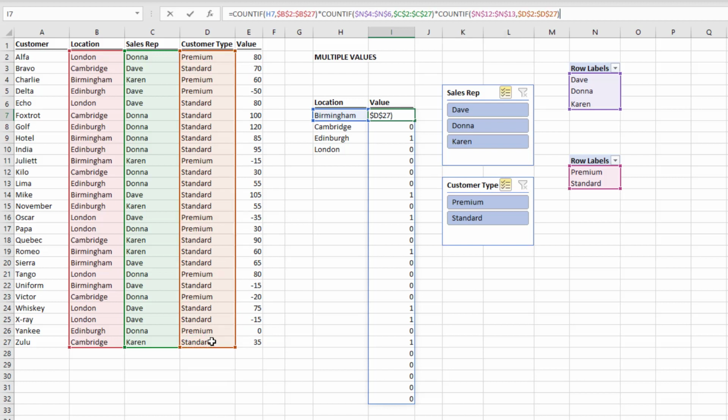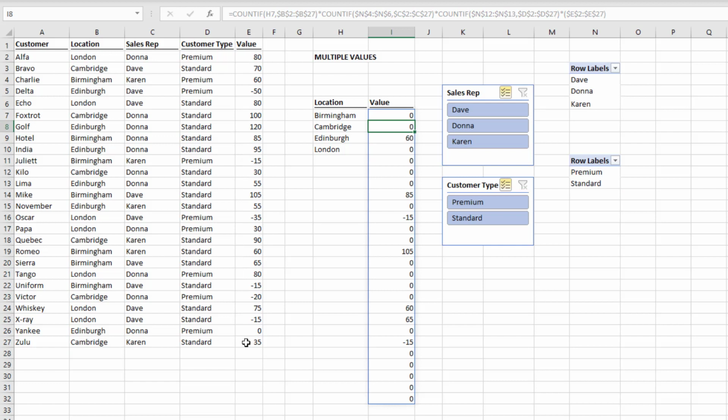And if we were to look at the result of that, we would only see where the location matches, the sales rep matches, and the customer type matches. So if we were to multiply that by the values in E2 to E27, put some dollars on there, close that bracket, and press return. There we have all the values that match Birmingham and the selection of Dave, Donna and Karen, and the customer type of premium or standard. If we were to just select standard, as you can see, we now only have the results which are standard customers. So let's reselect premium